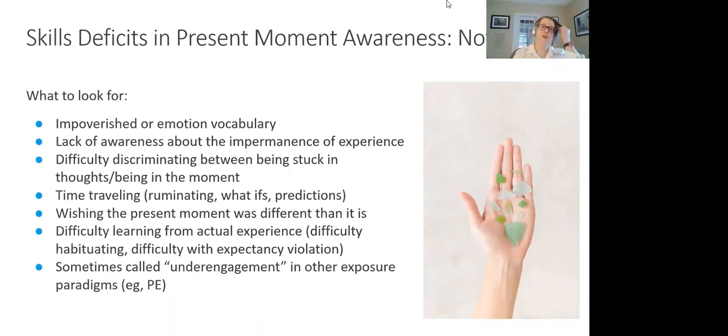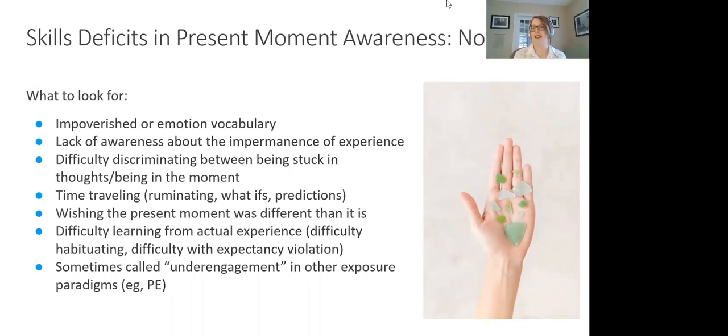Right? You might hear, "I've always felt this way. I'm never going to feel better." And so there's a lack of awareness that emotions come and go. They shift and change all the time, right? It's like when folks are feeling really intense emotions, they feel like they're stuck in it forever, right? That's not going to be helpful if we're supposed to learn from an exposure that we can actually have all sorts of emotions. They come and go, and we can be perfectly effective in our lives if we choose to, right?